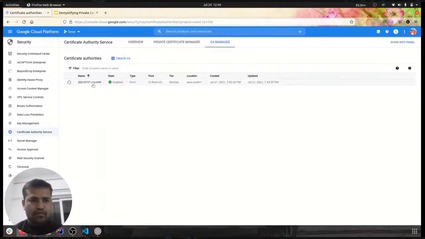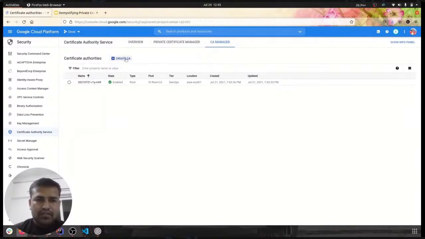I have this certificate of tier DevOps, and location is asia-south1. This is of type root, so this is a root CA. I can now create intermediate CAs or the leaf certificates by using this certificate to sign them, right?